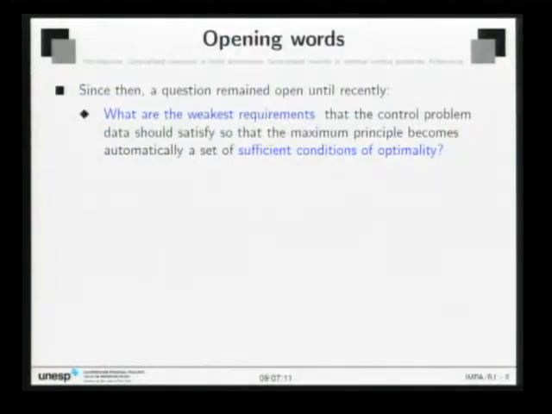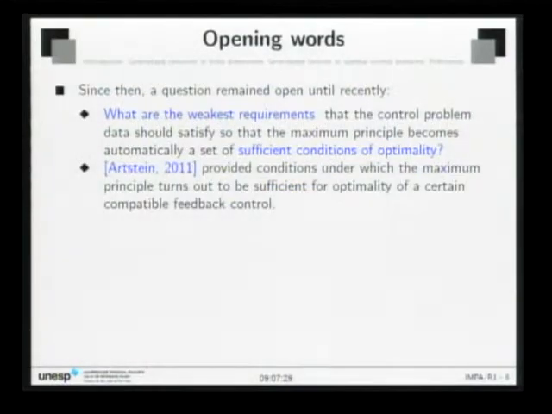So now I come to the question: what are the weakest requirements that the control problem data should obey so that the maximum principle becomes a set of sufficient conditions of optimality? So this is what should be answered. And one of the first persons to give a partial answer to that question was S. V. Arutyunov, 2011,